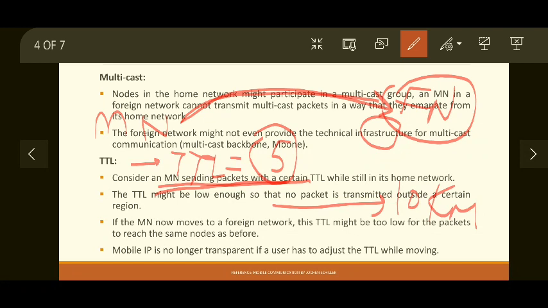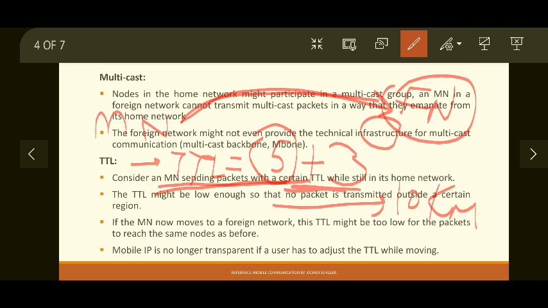Okay, now if we have to make this packet reach the destination, we have to increase the TTL, let's say by 3. But modifying the TTL field during transit is not keeping the semantics of the IP. If someone is trying to modify your TTL field, that means it is an intruder who is trying to deliver a packet somewhere where the source of the packet is not aiming to deliver the packet.